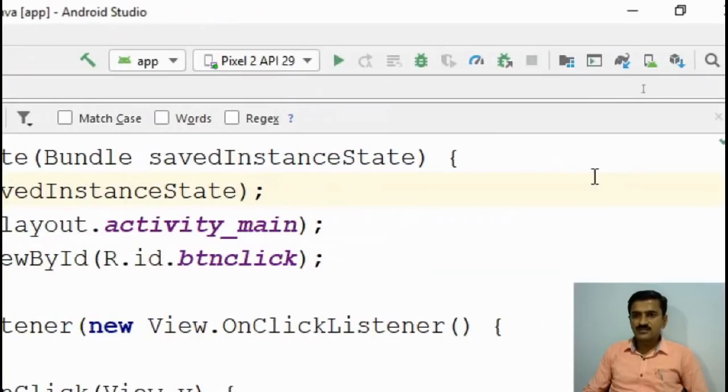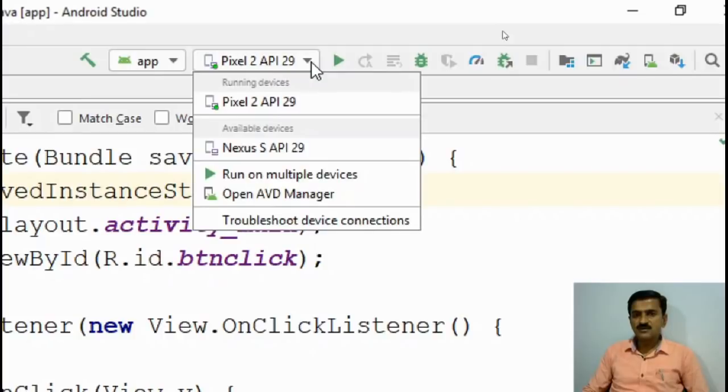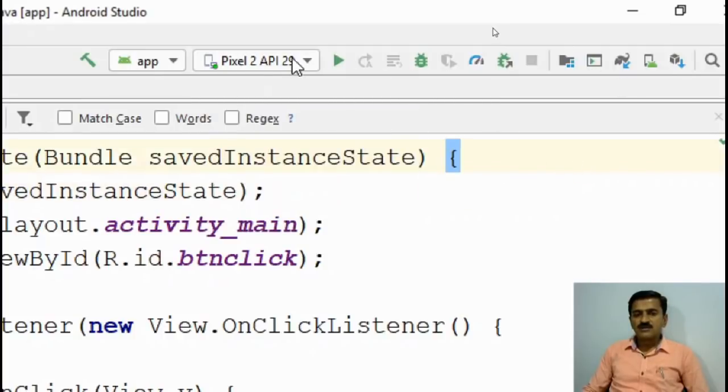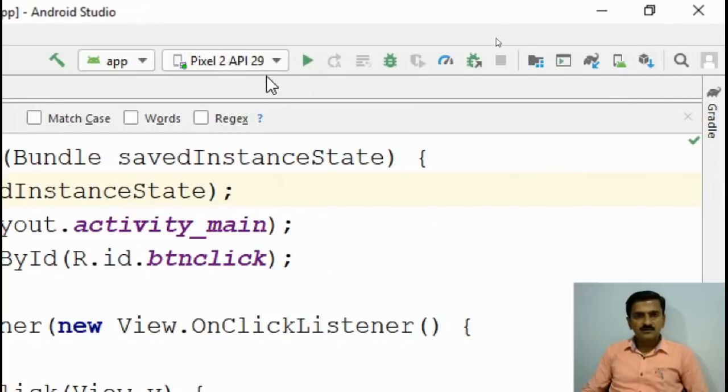You can add your smartphone also here. You can connect your actual device to this system and select this device. But here no device is added. So before that you have to add one device.